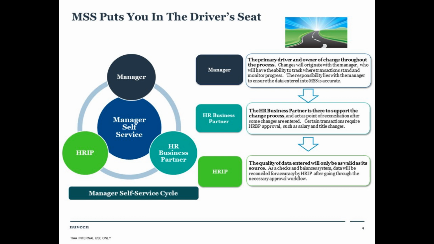And then again, our HRIS or IP teammates will make sure the data is accurate, that it gets processed through. They're really our check and balance, kind of a third-party partner if you want to think about them that way, to help us make sure everything's processed appropriately. And typically changes flow through within 24 to 48 hours. And again, that depends on the HRBP, if necessary, getting the transaction and approving it as well. So that's really a high-level view of the process and what MSS or Manager Self-Service does.